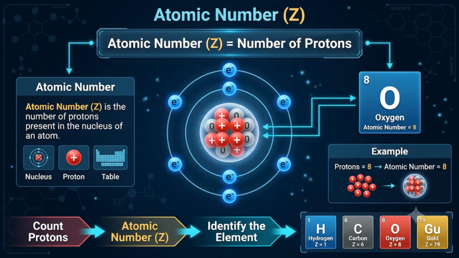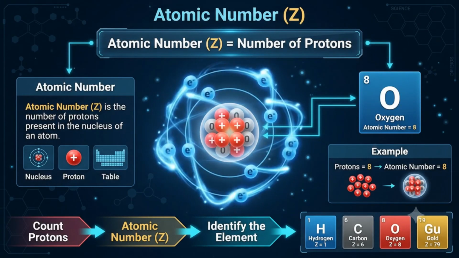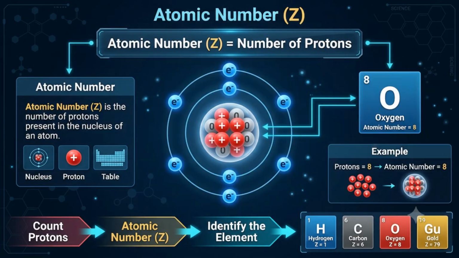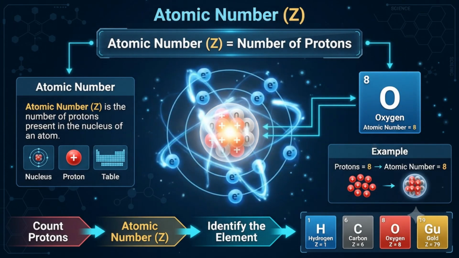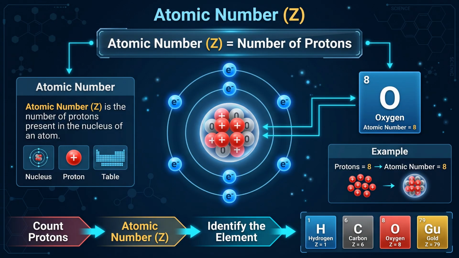Imagine you are looking at the center of an atom. Hidden inside that tiny central region is the nucleus, which contains two types of particles, protons and neutrons. Among these particles, the proton plays the most important role in determining the identity of an element. The number of protons present in the nucleus is called the atomic number, and it is represented by the symbol